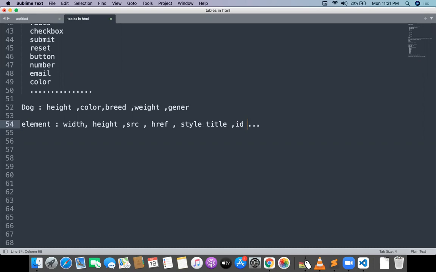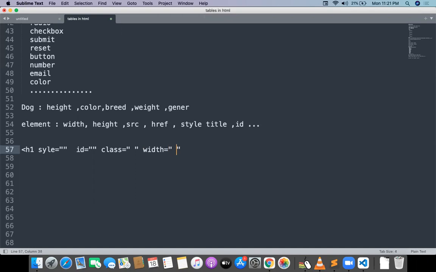All these are basically attributes, guys. For each and every element I can specify all these attributes. For example, I'm taking the h1 tag. H1 can have a style attribute, style is equal to something, and H1 can have an ID, ID is equal to something. H1 can have a class, class equal to something, and H1 can have a width, width is going to be something.